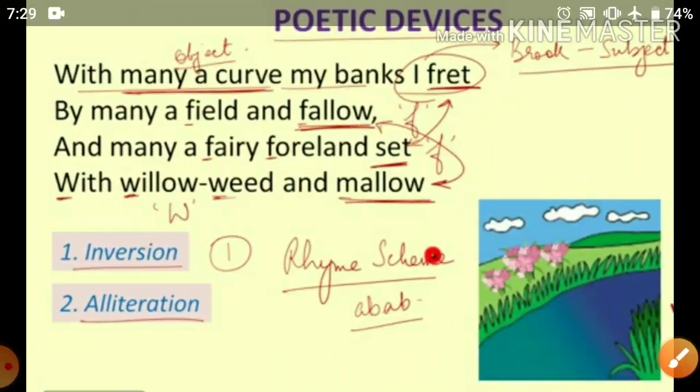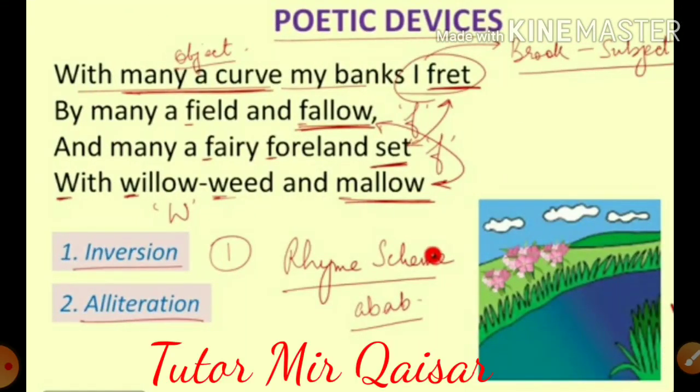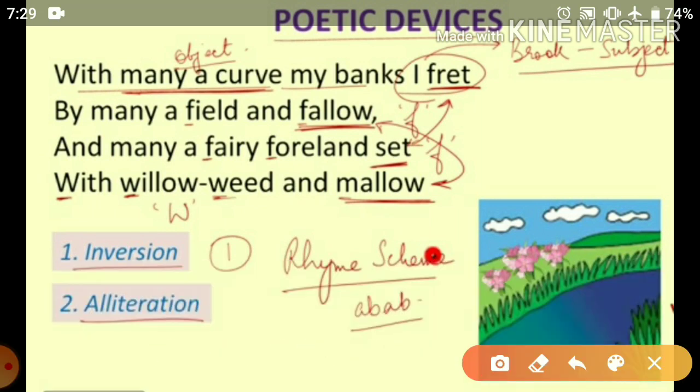Now let's see the poetic devices used in the 5th stanza. The first poetic device used in this stanza is inversion. Inversion, as I earlier told you, is when we put the object before the subject. यानी जब हम subject से पहले object को लगाते हैं या object को use करते हैं in order to put more stress, in order to emphasize the object. यानी object पे ज़्यादा stress डालने के लिए, जोर देने के लिए हम object को पहले लाते हैं और subject